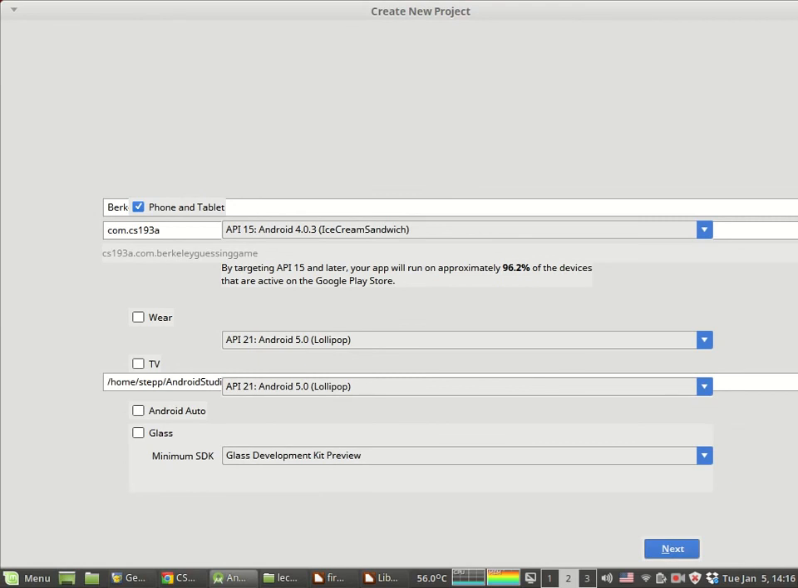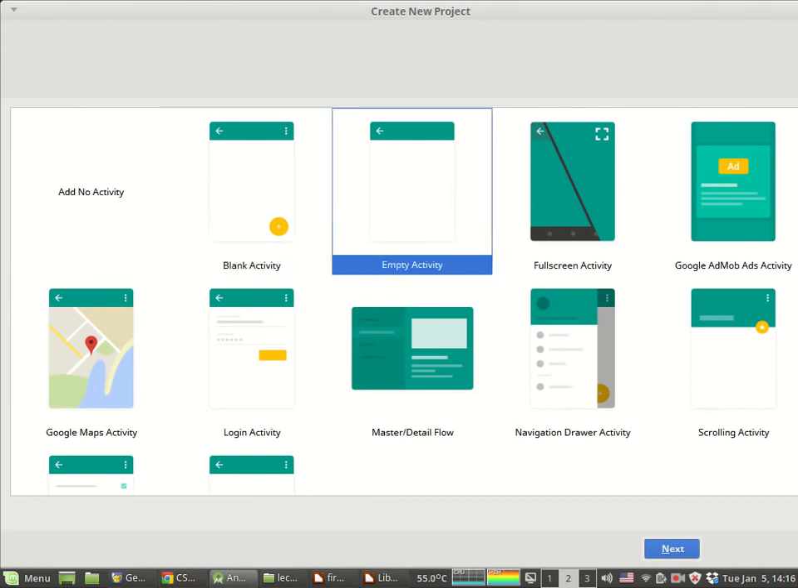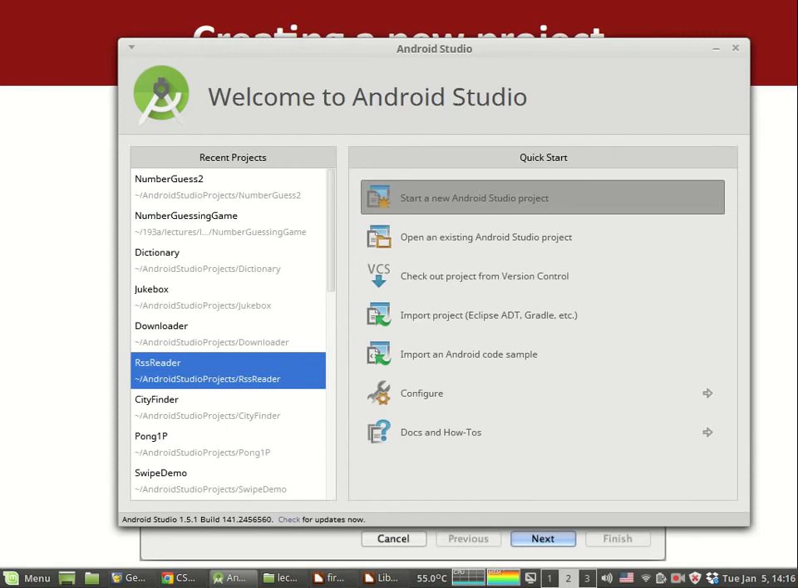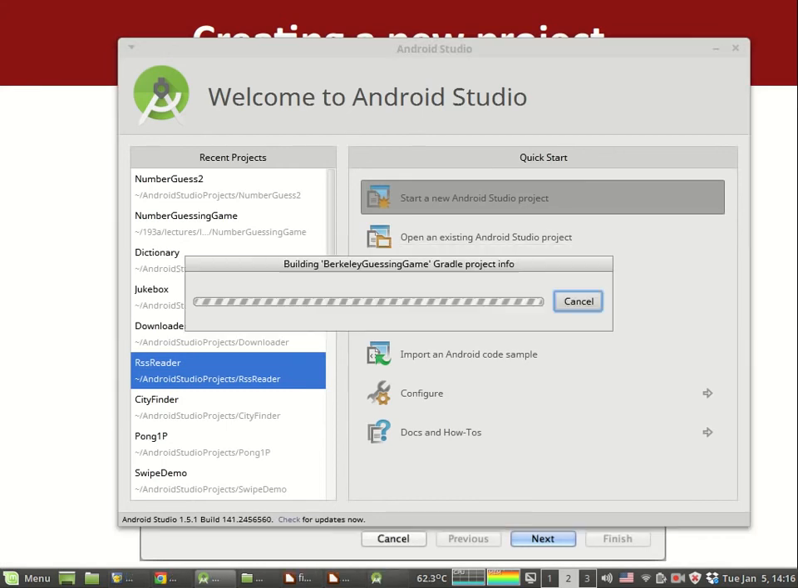It should be fine. It's asking me, do I want to work on a phone or a TV or a car? Ooh, Android Auto. Let's do it. So it asks me, what do I want? I'll say let's do an empty activity. Okay, finish. So I'm just saying next, next, next, finish, basically. And I get an empty app, I hope. Building Berkeley Guessing